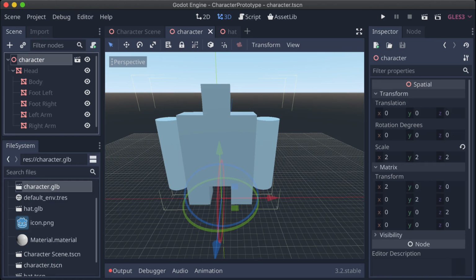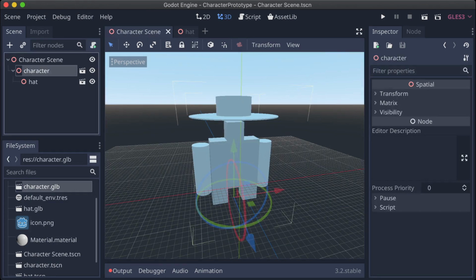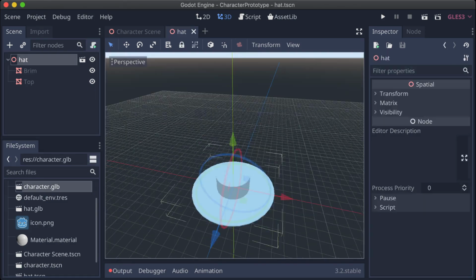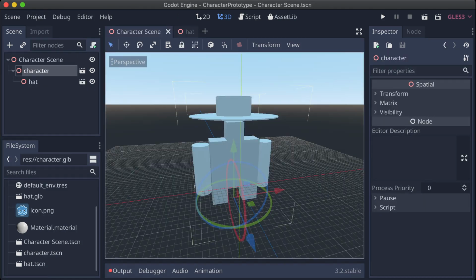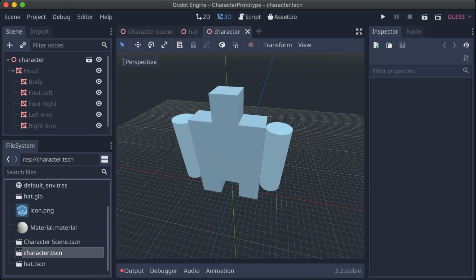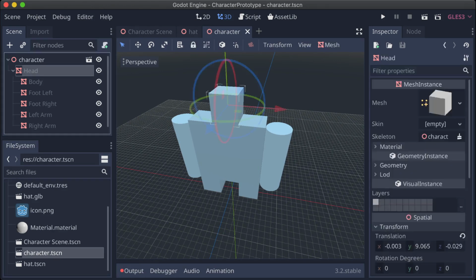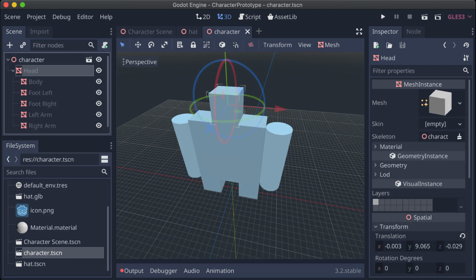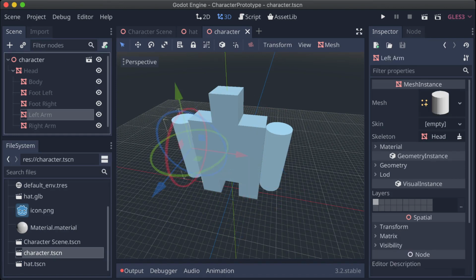Okay, we're gonna close that one. Character scene, character hat. So this one is supposed to be character.tscn. Let's add a script to that. Can we not? Oh, no, we just have to select it. And it looks like we can add scripts to the rest of these. What would happen if,